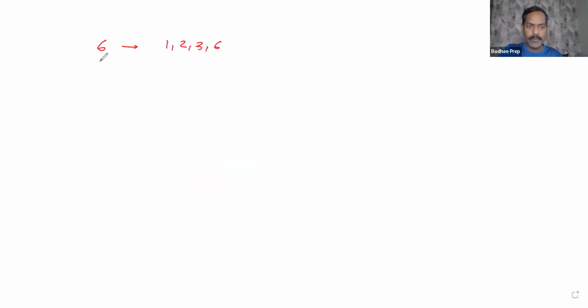Let us take some other numbers. Let us take the number, say 12. So for 12, we can write 12 as 1 into 12. This is one way. Then 2 into 6 is another way. 3 into 4 is another way, right? Further, there is no other way wherein we can take it as a product of two positive integers,